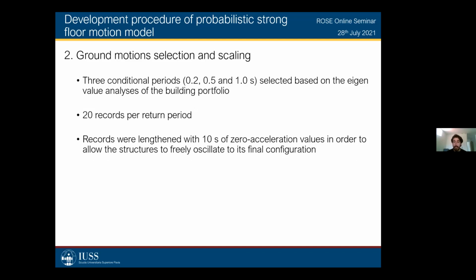A very important thing that I want to talk about is an adjustment that had to be done to these records, and it's this last bullet point that you see there. Basically, the records were lengthened with 10 seconds of zero acceleration values at the end in order to allow structures to freely oscillate to their final configuration. This, in this case, is very important because